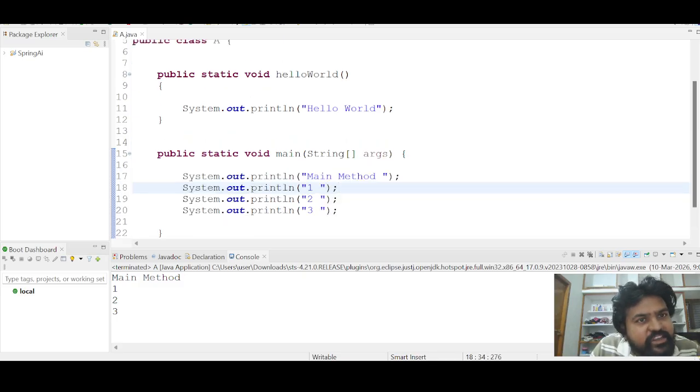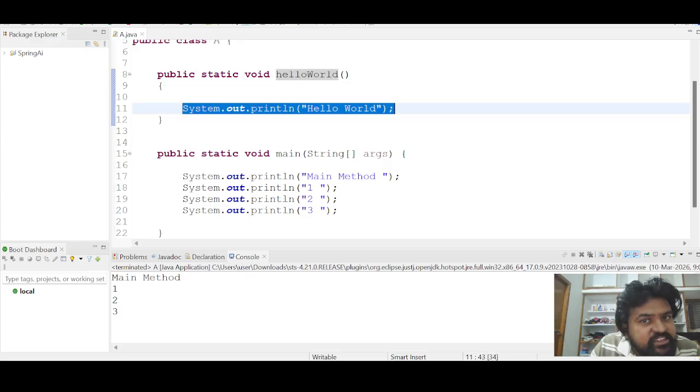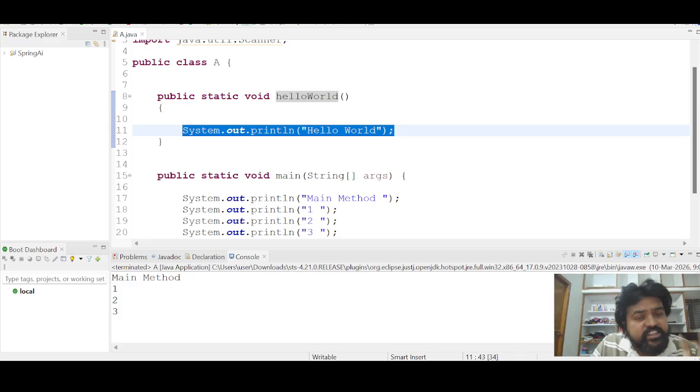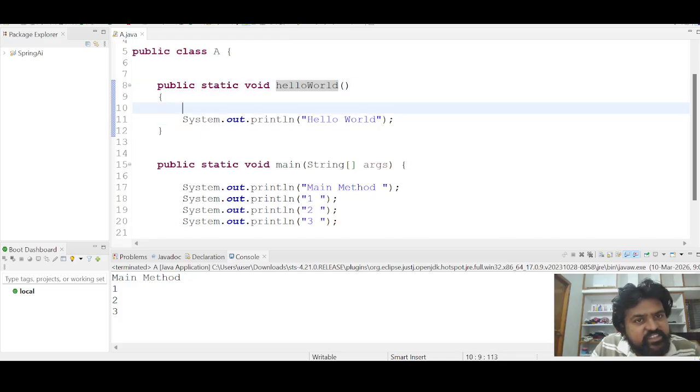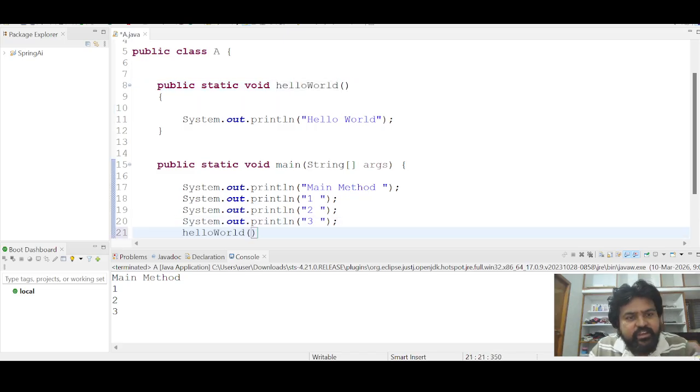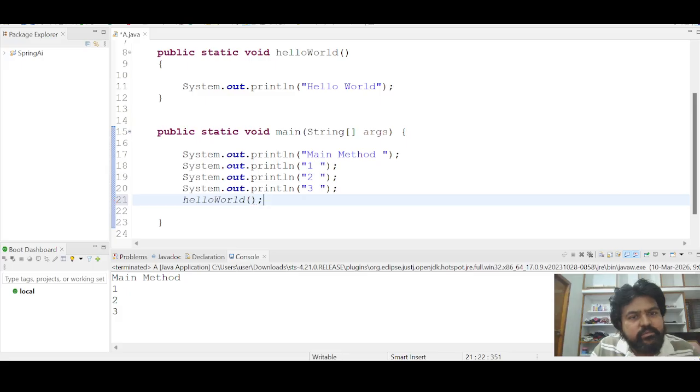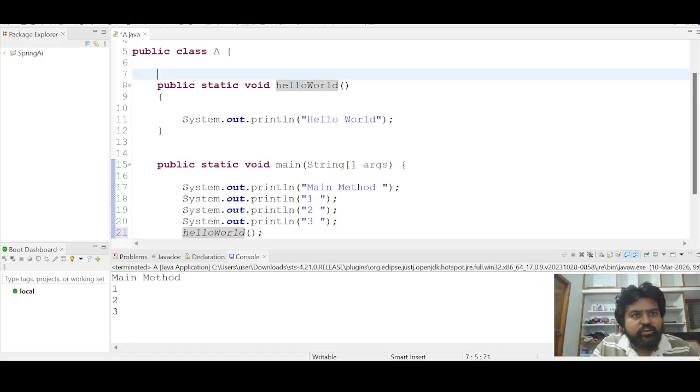But what if I want to execute this method? What is the procedure to call this method so that I can have this instruction executed? How do I do that? Okay. First check, what kind of method is this? This is a static method. Since it is a static method, just use this method name and end with a semicolon. Right? If I want to see the execution,